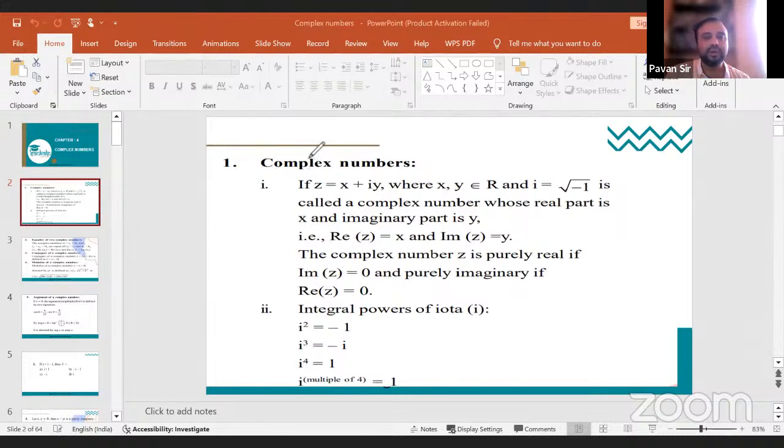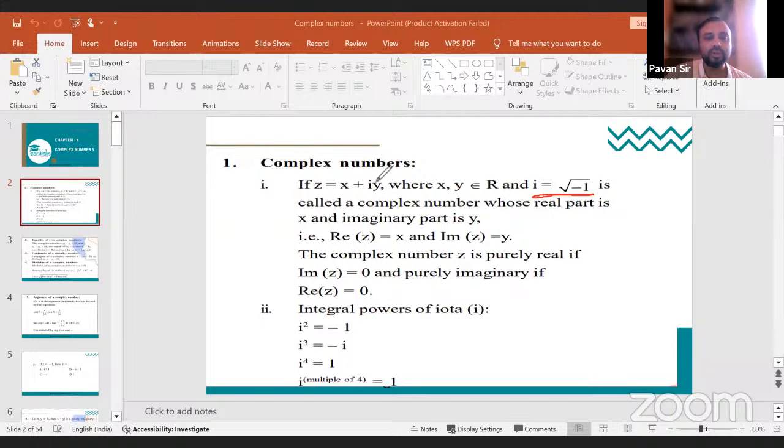If z is equal to x plus iy, where x and y belong to R, and i is what? It is the root of -1. This is the main point to be remembered in all the problems. We have to remember this value, it is very useful. i is equal to root of -1, and z is called a complex number whose real part is x and imaginary